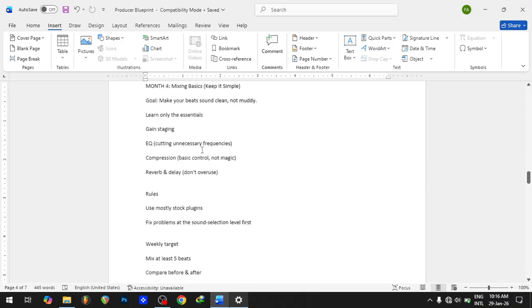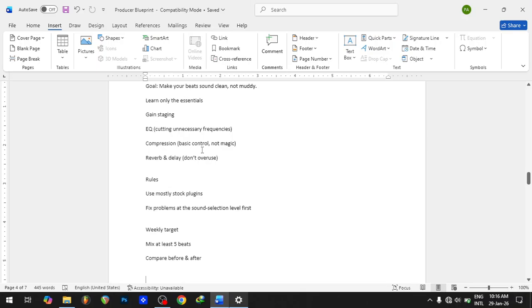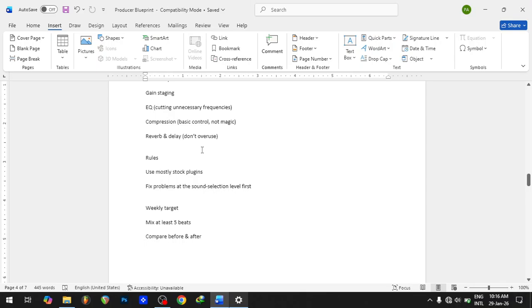We're going to be learning the essentials. Gain staging: that is how loud each element of your beat is. We're going to be learning EQ. EQ is short for equalization. We're going to be cutting unnecessary frequencies. Then compression. Compression is just dynamic control, basic control, not MIDI. You're going to be learning